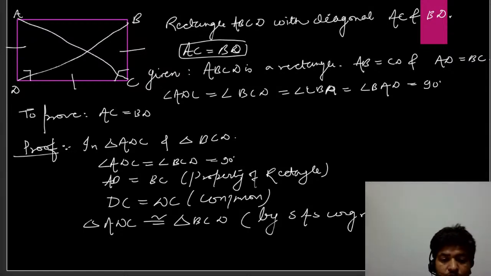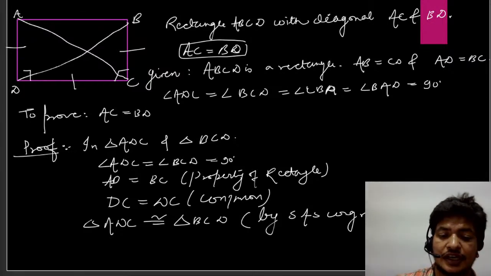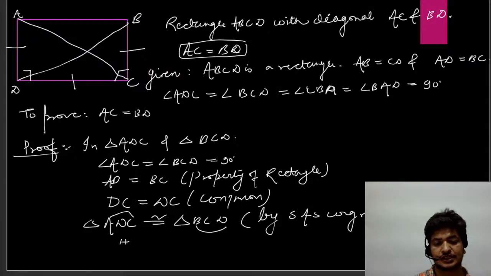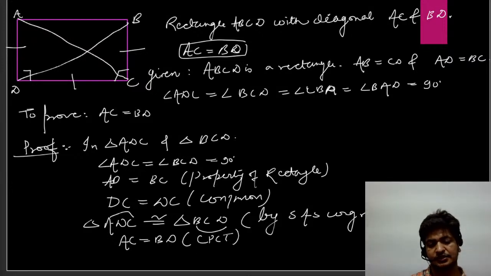Now what will help me for this, we can say that कि अगर एक ट्रायंगल ACD, ADC और BCD equal है, which means that we can say AC is congruent to BD. Okay, AC is congruent to BD. So we can say AC is congruent to BD. And which property, by CPCTC. We can say that कि these two triangles are congruent to each other, which states that AC और BD equal होगा. मतलब